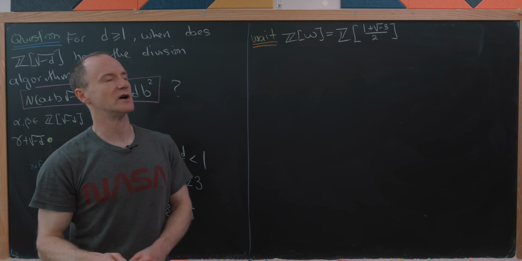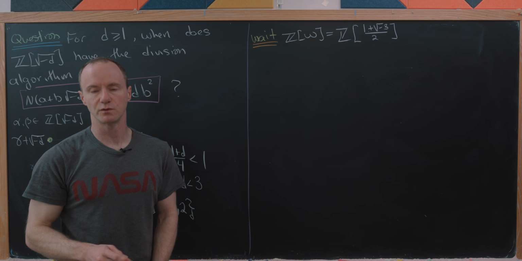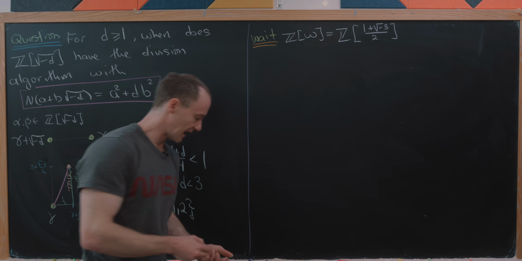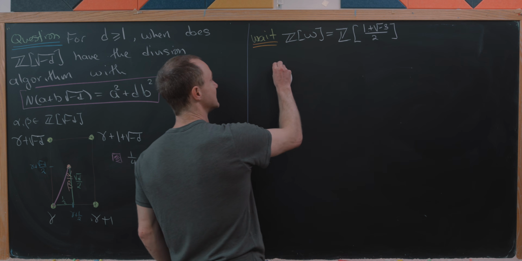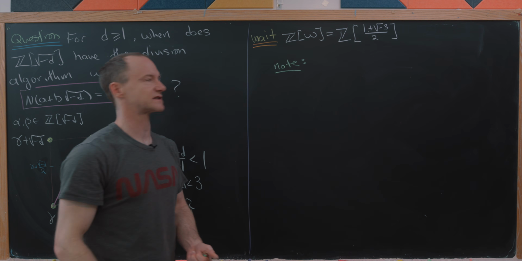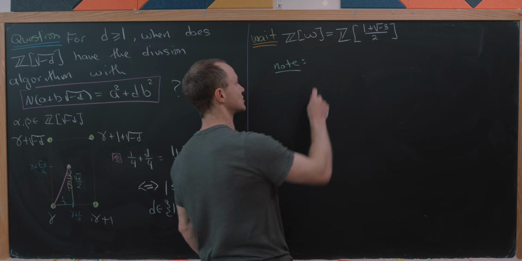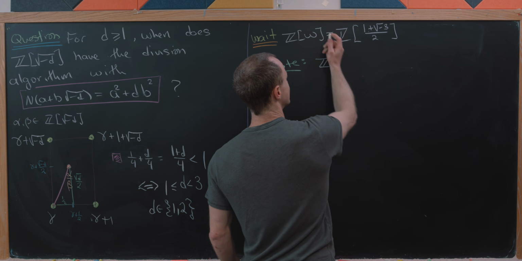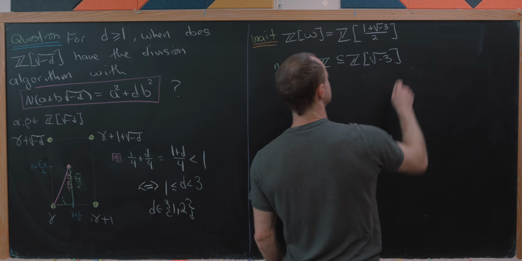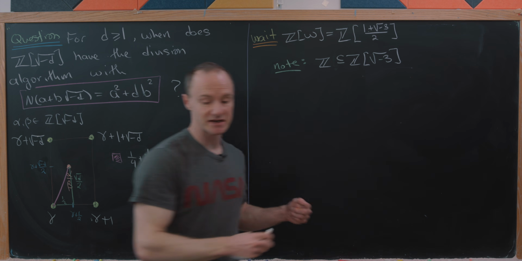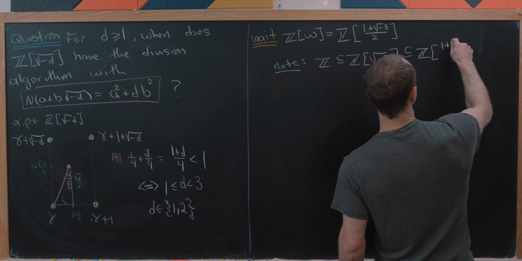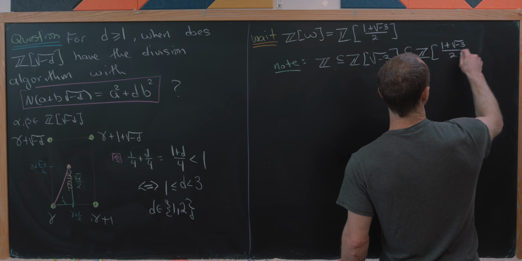You might say, well, omega was negative 1 plus the square root of minus 3 over 2. Well, notice that we can just add 1 to that and we achieve the following complex number. And let's note that this space right here, this Z adjoin omega, or Z adjoin (1 plus the square root of minus 3) over 2, is actually a further extension of the integers. And so the integers live inside of Z adjoin the square root of minus 3, but in turn, this Z adjoin the square root of minus 3 lives inside of